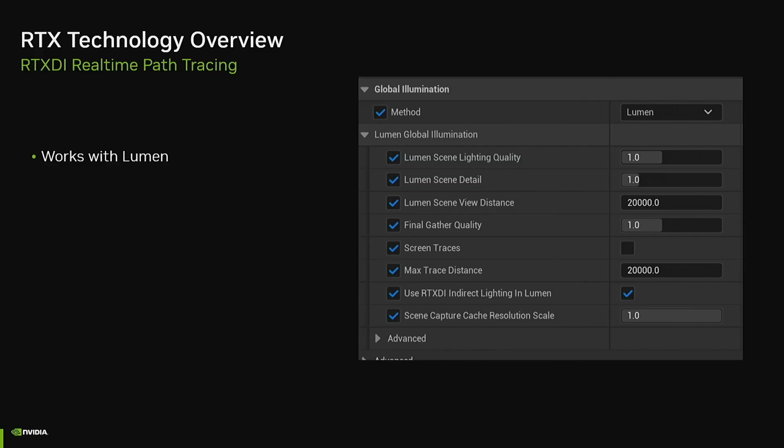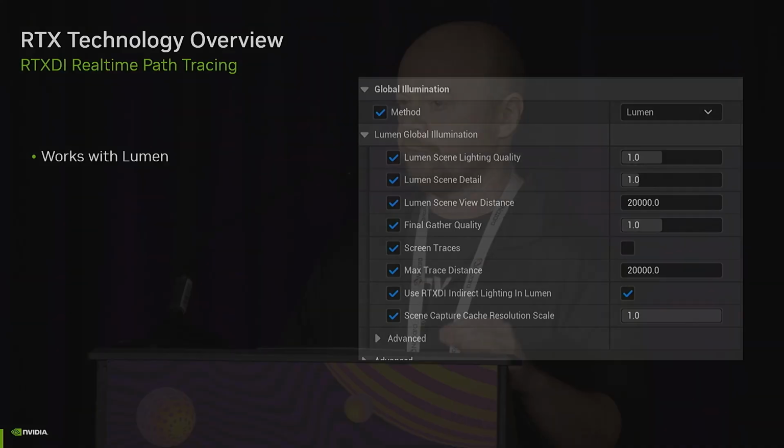Like I said, the number one feature with that is flattening your lighting costs and performance. So it doesn't matter how many lights you put in the scene, you get very good performance with very high light counts. But the next level of that is to go to your post-process volume and turn on use RTXDI